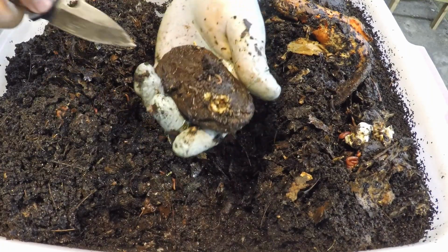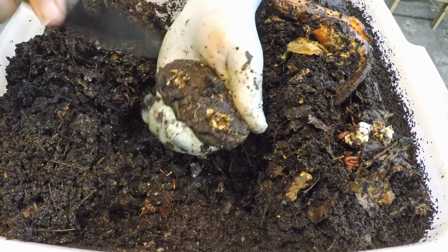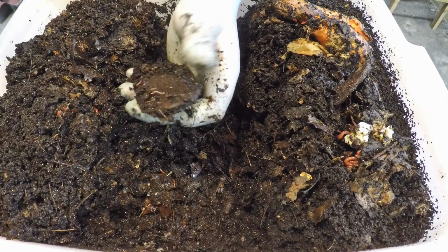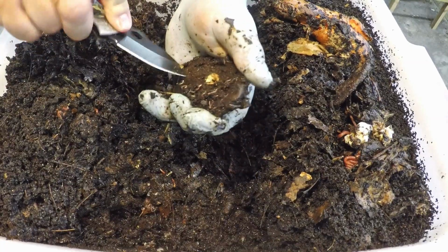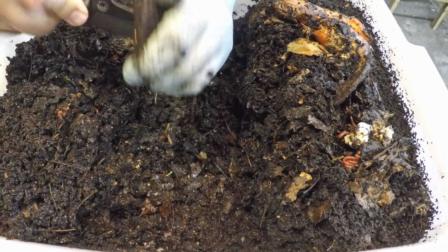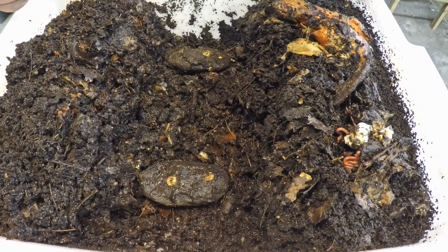And I've not yet seen how this method works. I've already tried it in a couple other spots, but I've not yet seen how well it works. It's kind of an experiment, but it's got to be better than doing nothing. So I think this might help. So we'll see. Let's do the other one too. There's a lot more little baby worms on this one. Gotta be careful. Okay, so we'll see what happens now with those